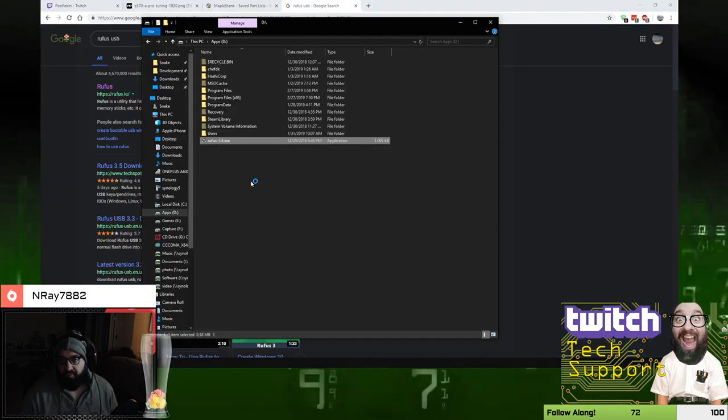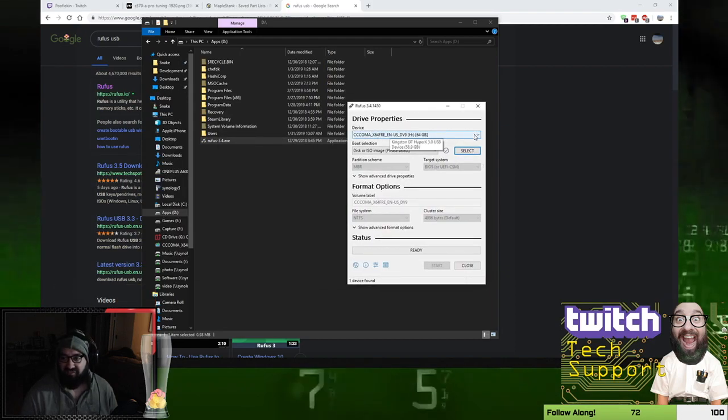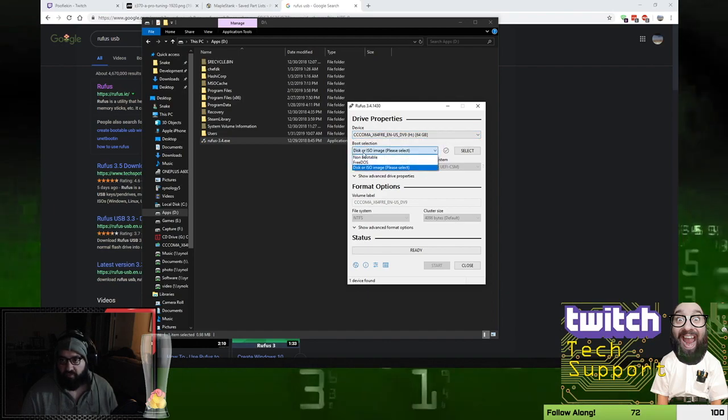You're going to open it up. It's going to run as administrator. And you get this little pop-up here. It's going to ask you what drive do you want to reformat. So by default, I'm going to choose my USB drive. This is it right here. And it's going to say, do you want to use an image or something else? In this case, I'm going to use an image. So I'm going to press select to go find my